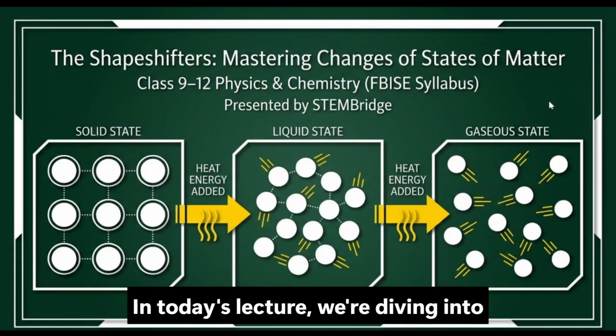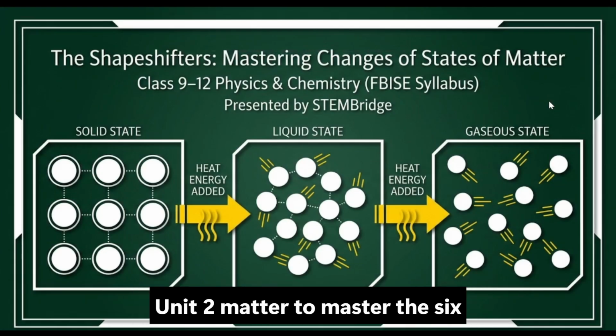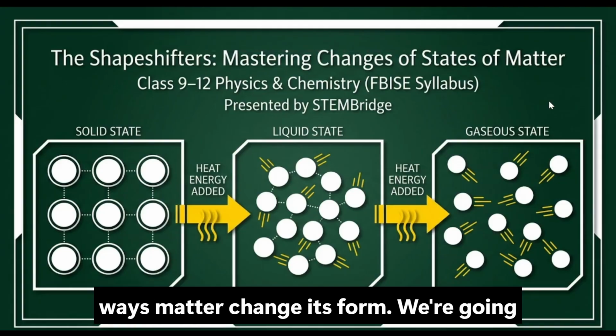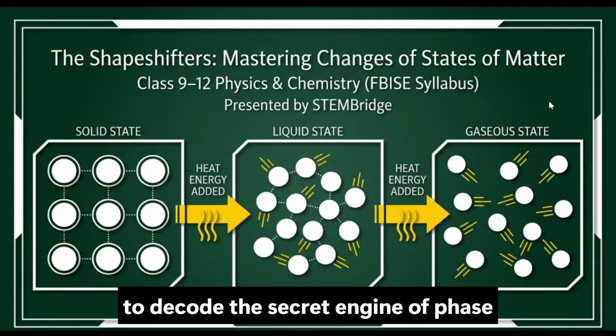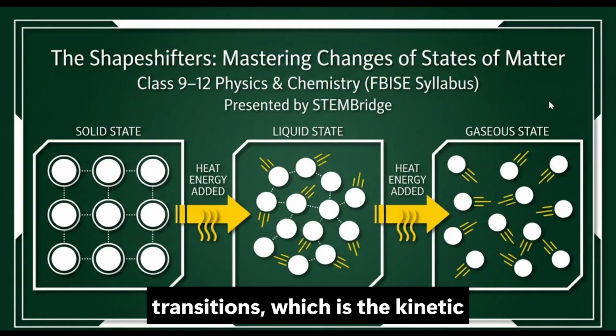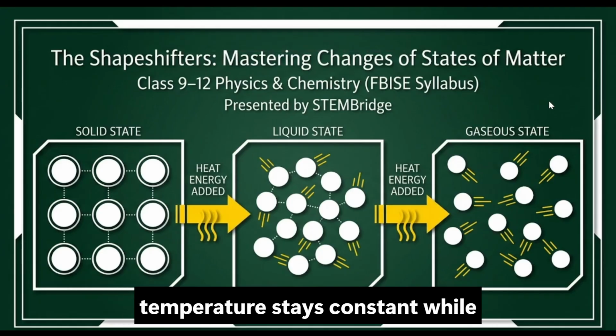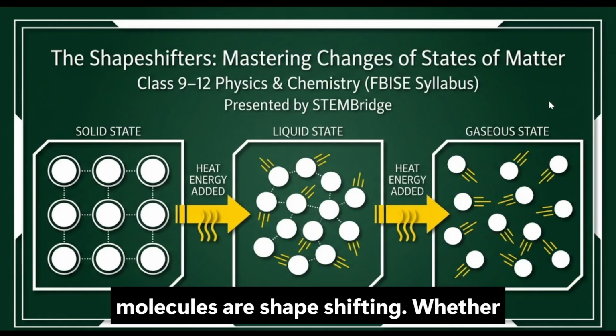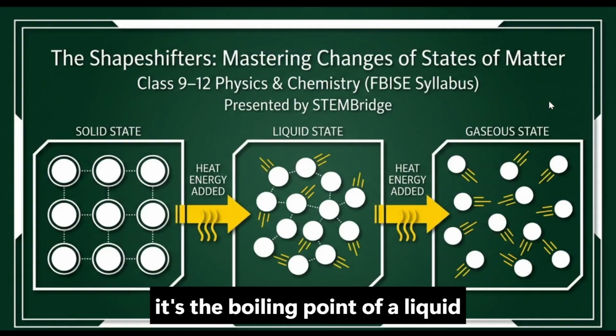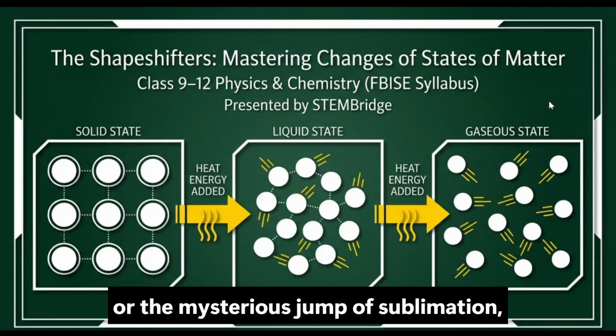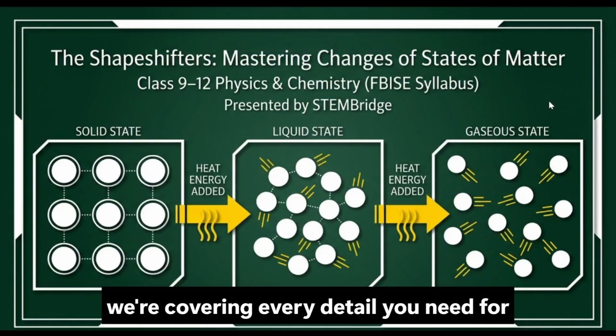In today's lecture, we are diving into Unit 2 Matter to master the 6 ways matter changes its form. We're going to decode the secret engine of phase transitions, which is the kinetic particle theory, and understand why temperature stays constant while molecules are shapeshifting. Whether it's the boiling point of a liquid or the mysterious jump of sublimation, we're covering every detail you need